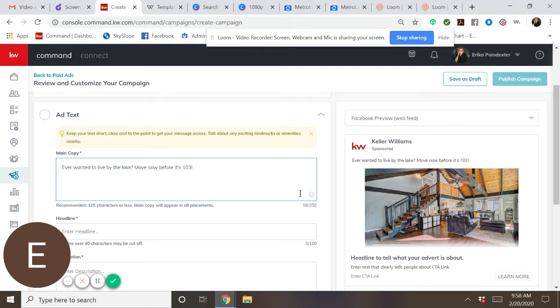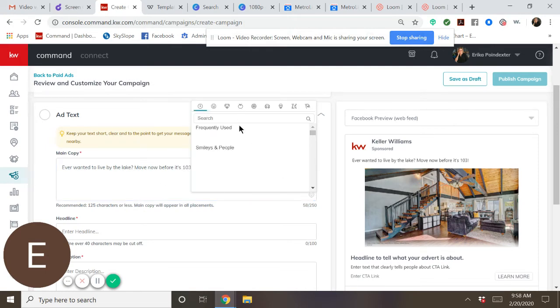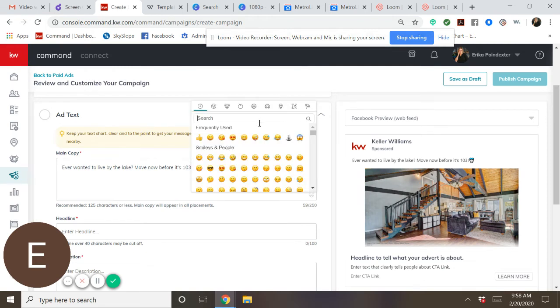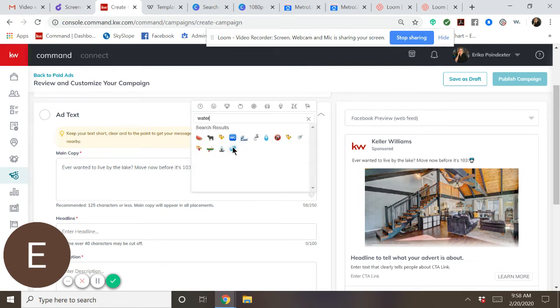And you can put like emojis and stuff in here. So you can do like a water emoji. Well, oh, that's a boat, but whatever. That's a bathtub. Doesn't matter. Just showing you. So you can put that,